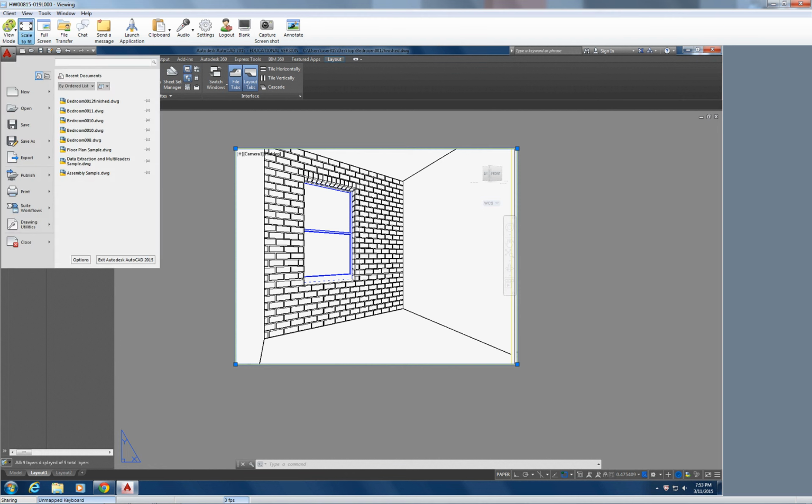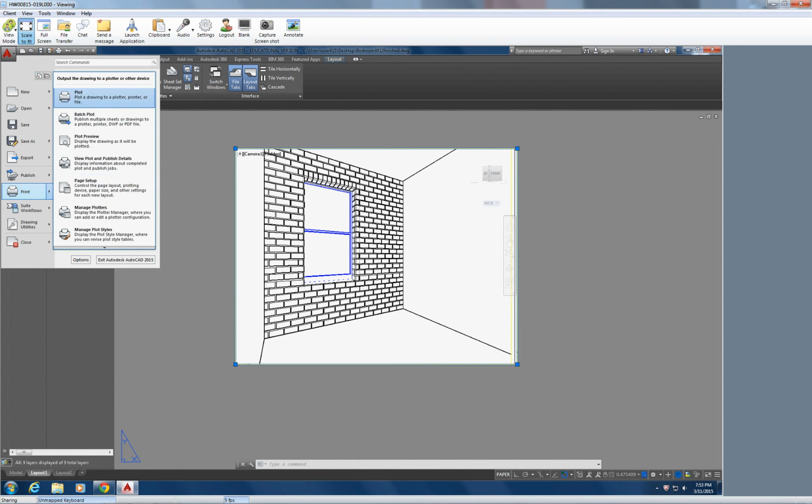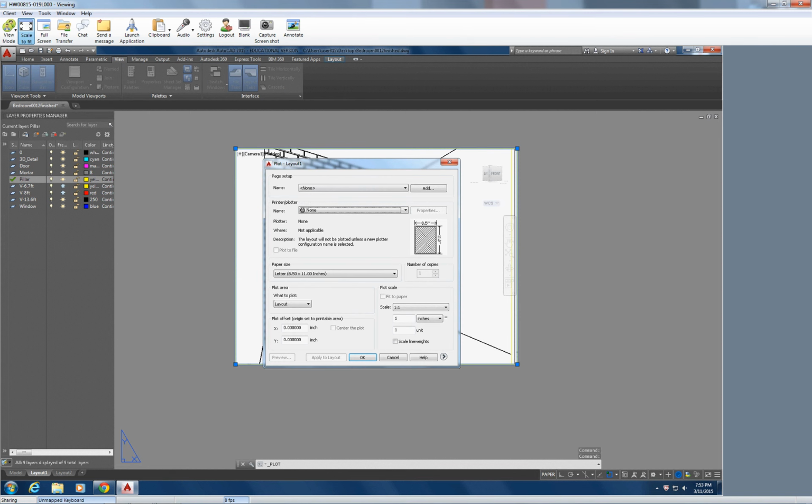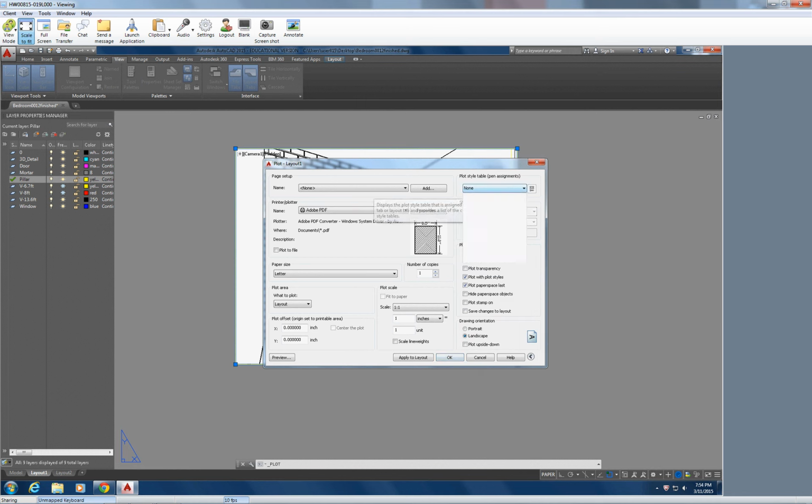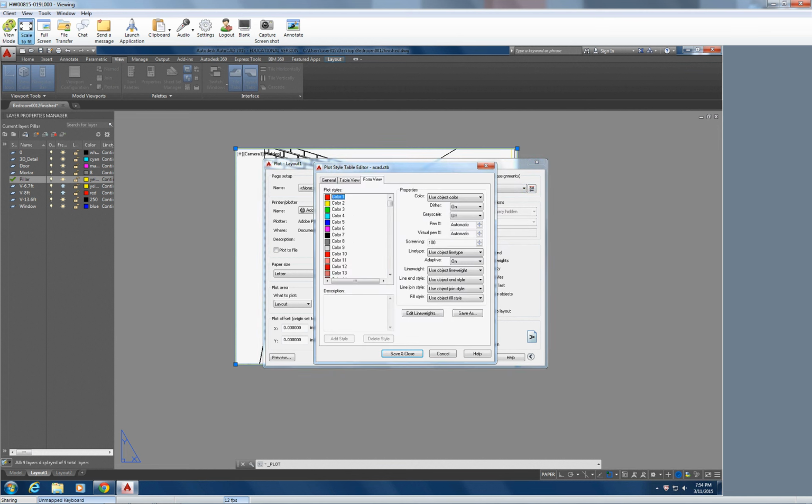We go to File, Print, Plot. This is where we switch this to Adobe PDF. We can just leave layout. Remember, we pop out here. So we still have to deal with our line weights. So this is where you hope you use normal colors like red through magenta. And we say we use black. And then, depending on how you dealt with